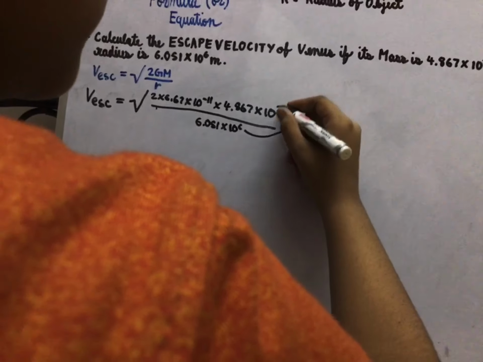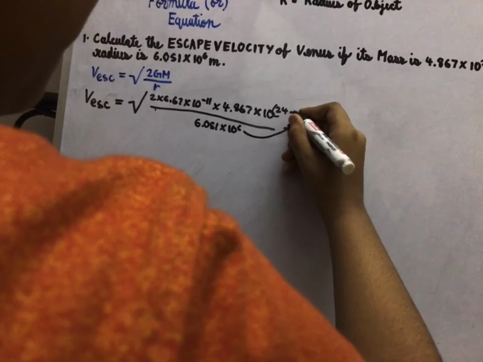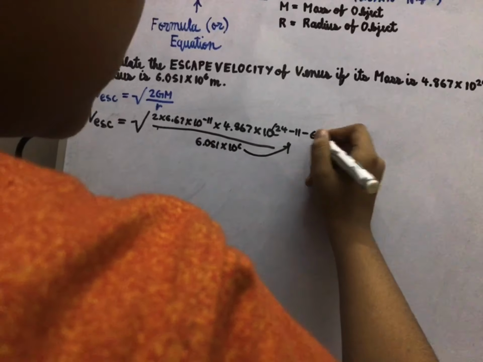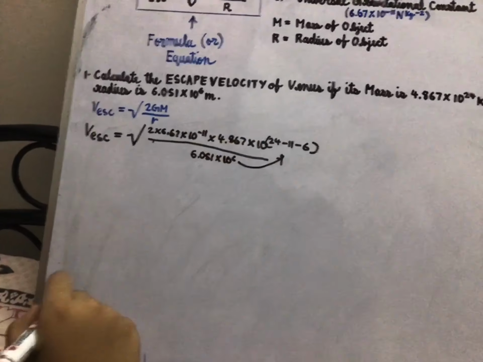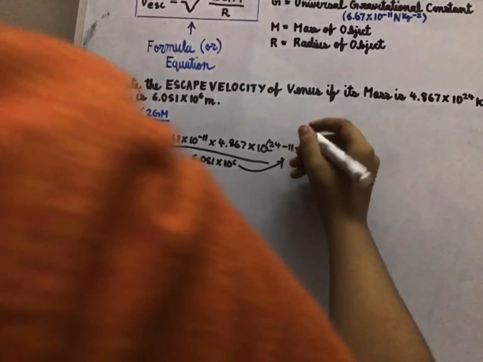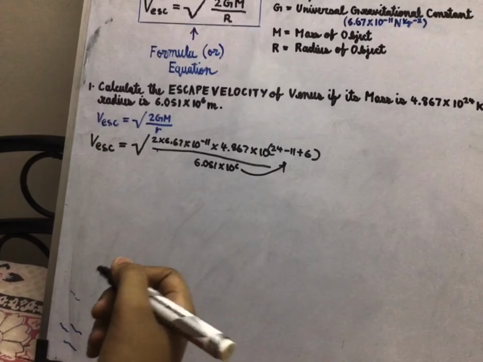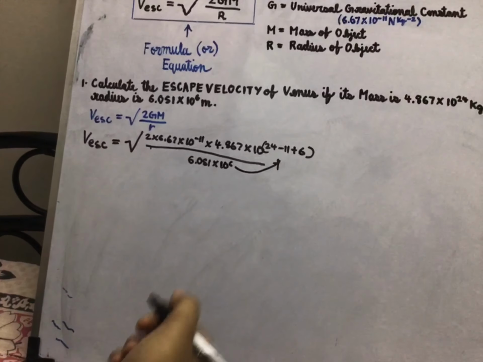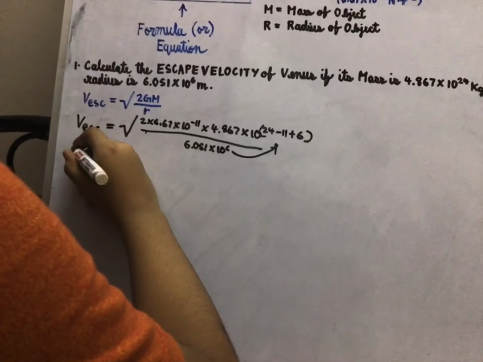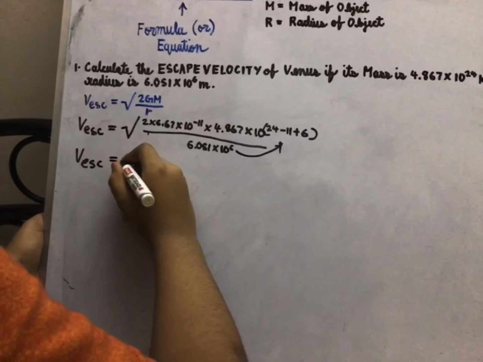So this gives us 10 to the power minus 11 minus 6. So we can do it in the same order, or 24 minus 6 plus 11, or 11 plus 6. It's the same answer. So next we can write it as the escape velocity is equal to the square root